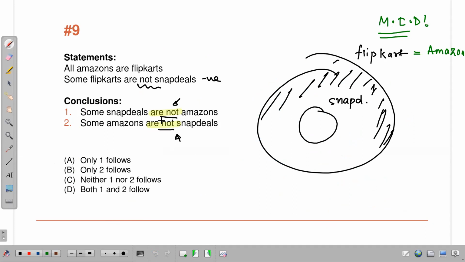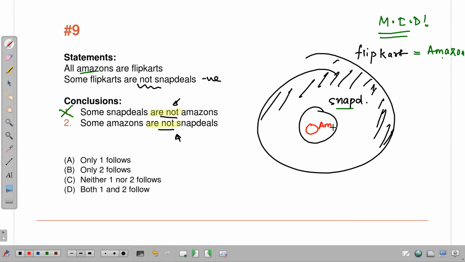Let's check for the conclusions. Some Snapdeals are not Amazon. In this case, all the Snapdeals are Amazon. So this is gone. Now, some Amazons are not Snapdeals. Some Amazons are not Snapdeals. I think that is going to be true. But in the case where you said that all Amazons are Flipkart, so Flipkart is this set. But if I would have made an Amazon like this,